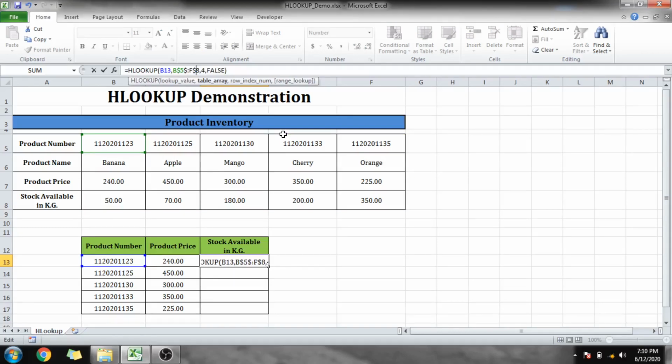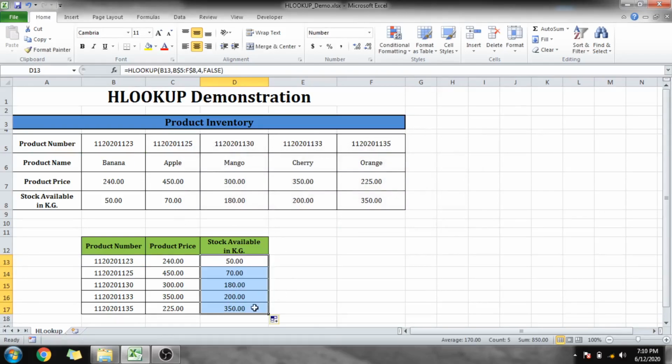Similarly, $ sign before the number and $ sign after the number. Just press enter and then we can drag that particular column. Now for the 135 value we have kg stock, that is 350. So for 135, the kg stock is 350.